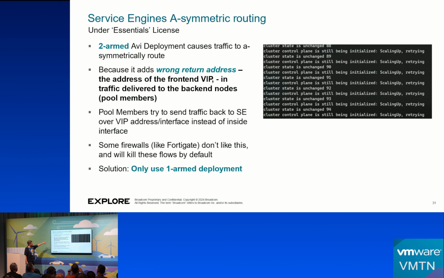Now, I won't go into detail here, but this is one of these examples where the AVI does weird stuff which you don't expect, and it's not well documented. The point is this. You really have to understand the AVI really well in order to understand what it's doing in load balancing. Don't assume that if you know NetScaler or F5, which works the same way, it has specific ways it does things. Read up on that in the AVI documentation. You'll need to kind of understand this, otherwise weird stuff is going to hit you and you won't know what's going on.